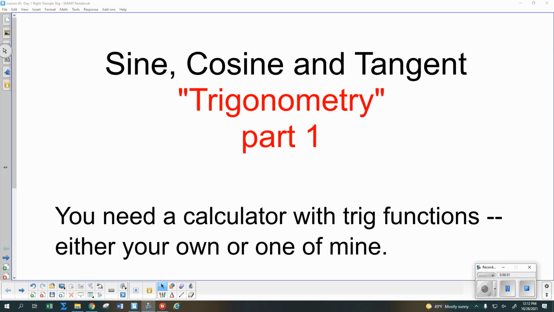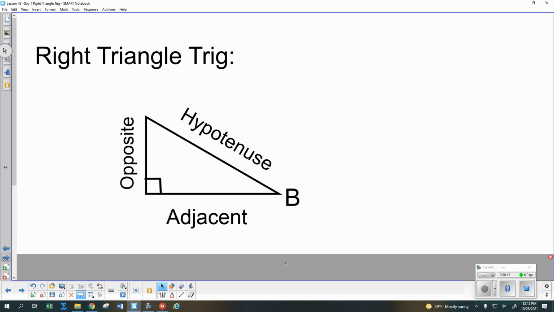So we are going to start trigonometry today, even though the book doesn't start it until lesson 43. We choose to split it up over 2 lessons. So we are only going to do the part of trig in this course that works if you have a 90-degree triangle, a right triangle. If you have an equilateral triangle, you are not going to know how to do any trig with that this year. Next year you'll move beyond that, but this year it's got to be a right triangle or it doesn't